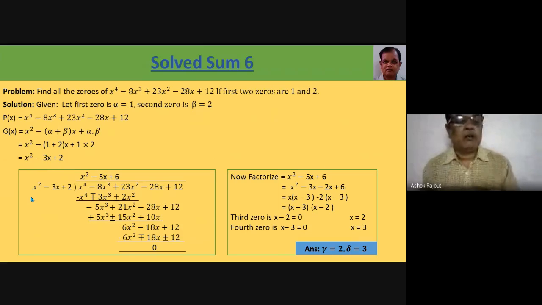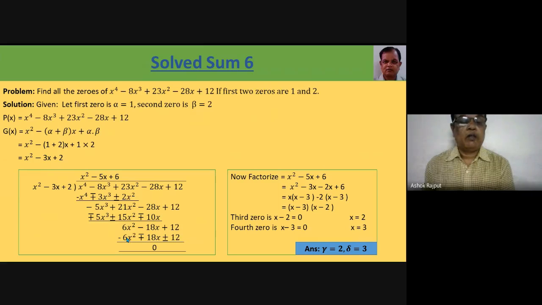If we multiply, then we will get here minus 5x cube plus 15x square, because minus minus is plus, here minus 10x. Because here it is equal and opposite, it will be cancelled. Here we are seeing the positive value is greater, it is 21x square, and the negative value is 15x square, so we will find the difference. Then we will write here 6x square, then here we will find the difference minus 18x plus